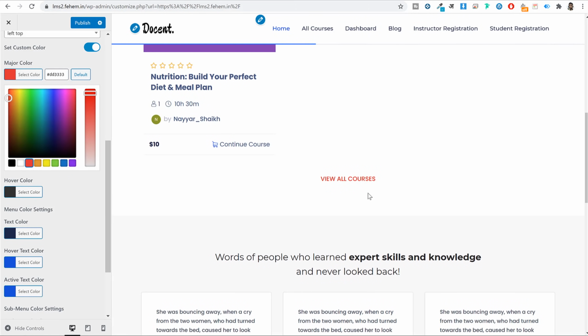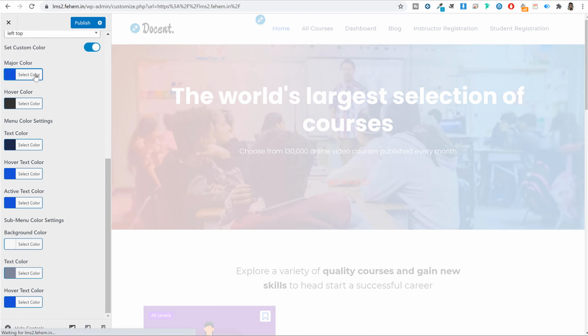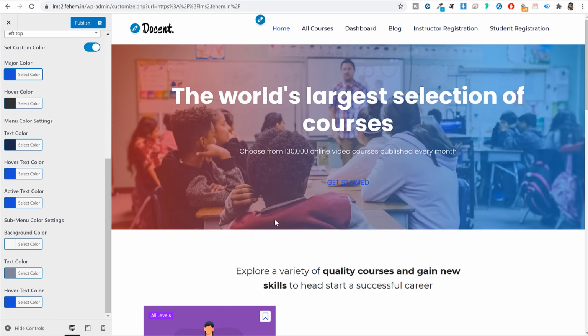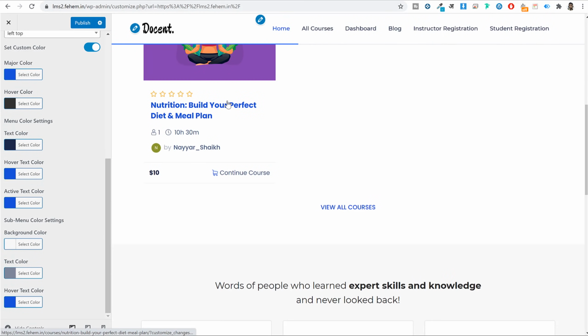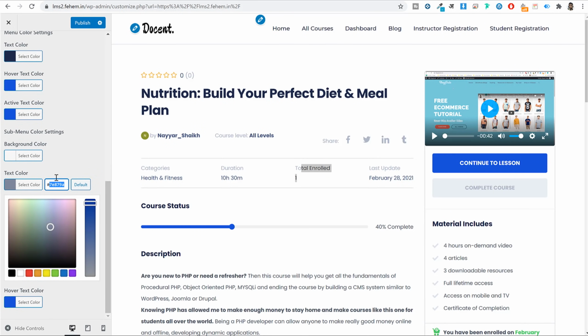This is now changed to red color. This thing as well. So these things will be changed to red color. If you want, obviously you can come back to the default color. If you want, you can set some other color. Text color is this color. So if you open this one, here as you can see, this is the text color, which is this color. If you want to change this thing, you can do that thing as well. Maybe I'll set this thing to 2B.